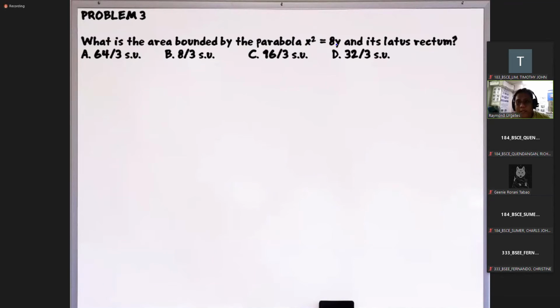Let's try to graph. First, you can imagine the parabola has this shape. Then the latus rectum is a line segment connecting 2 points on the parabola, passing through the focus of the parabola and perpendicular to the axis. The axis of the parabola is the line which divides the parabola into 2 equal parts, passing through the vertex of the parabola. The focus of the parabola is somewhere on the axis of our parabola.